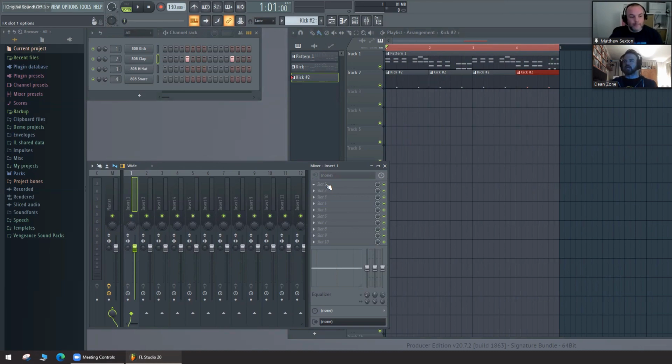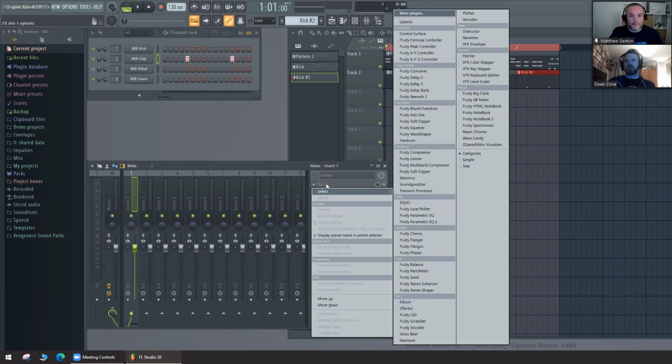So if you click slot 1, now this brings up the default folder setting that FL has. You haven't installed anything apart from a few instruments, have you? You don't have any Pro Qs or anything on here? No. Okay, brilliant. Well, luckily enough, ImageLine have put in a distortion folder for you. So if you want to go and pick Fruity Fast Distort,